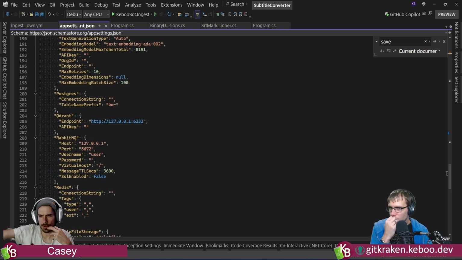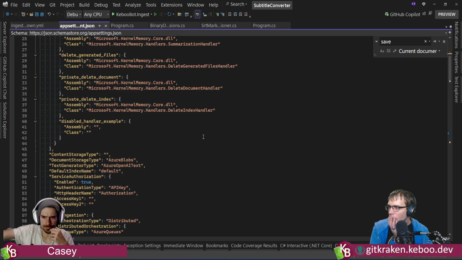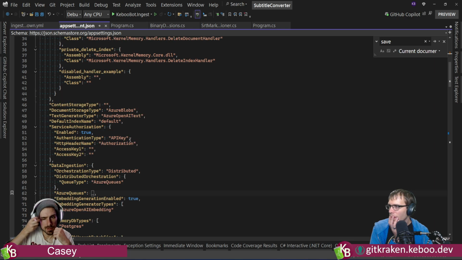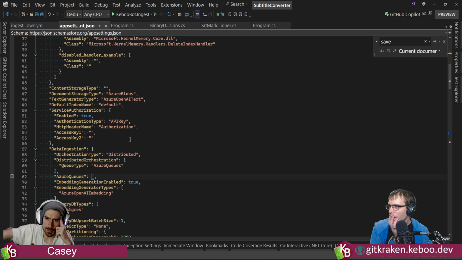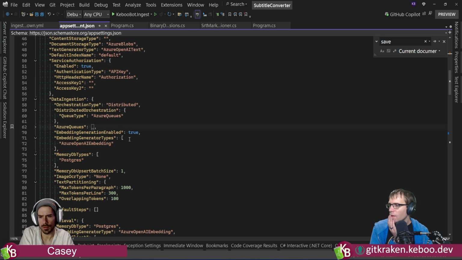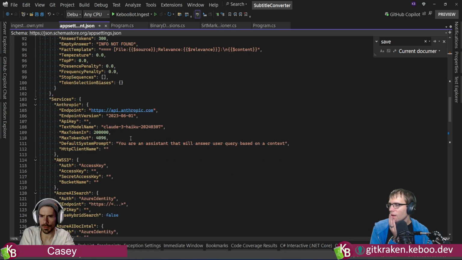Go all the way to the top real quick for me. Run web server, open API. Data ingestion. Content storage type. Text type. Default index name. Yeah, I'm not sure.